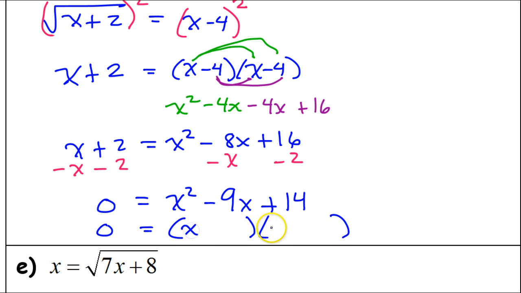So x squared can factor as x and x. 14 is 2 times 7. If we want a negative 9, both of these would have to be negative, and a negative times negative is a positive. So